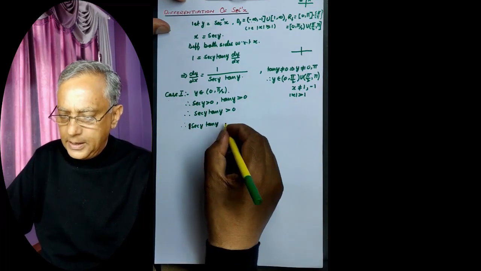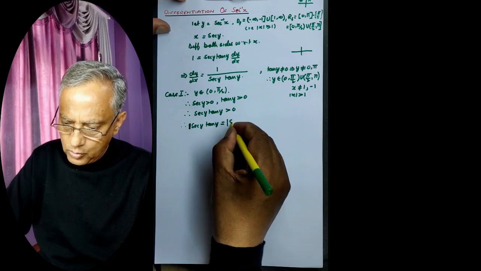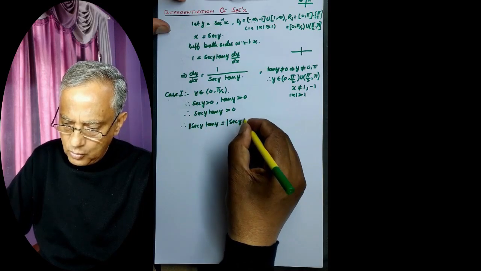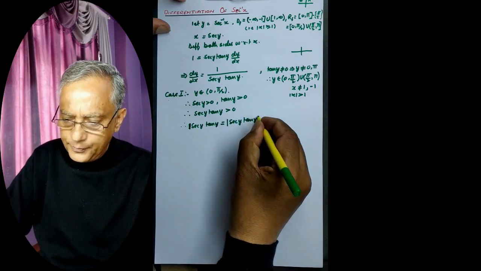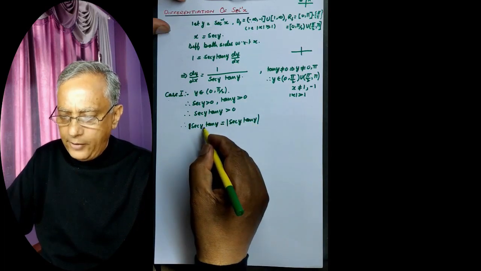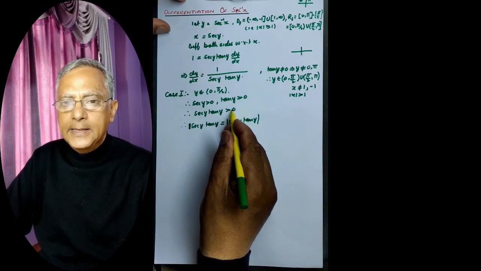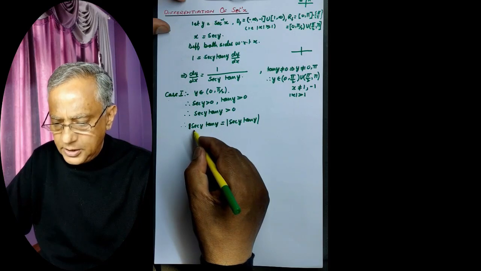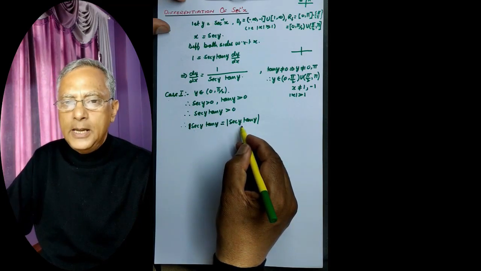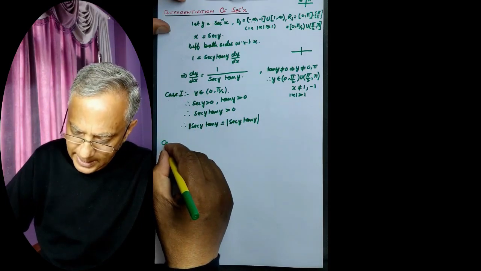Therefore secant y tangent y is equal to mod of secant y tangent y. Mod of x is equal to x if x is greater than 0. This is greater than 0, so this must be equal to its mod. And case